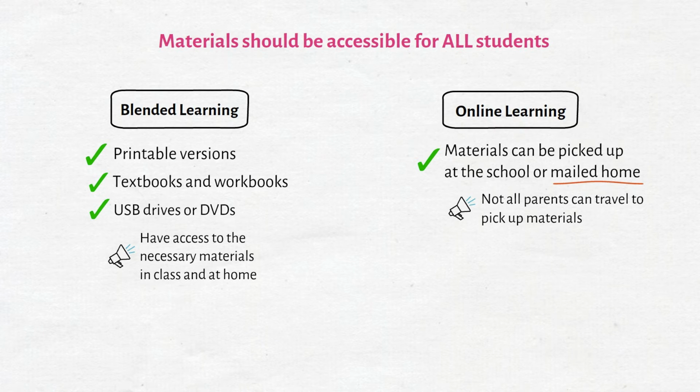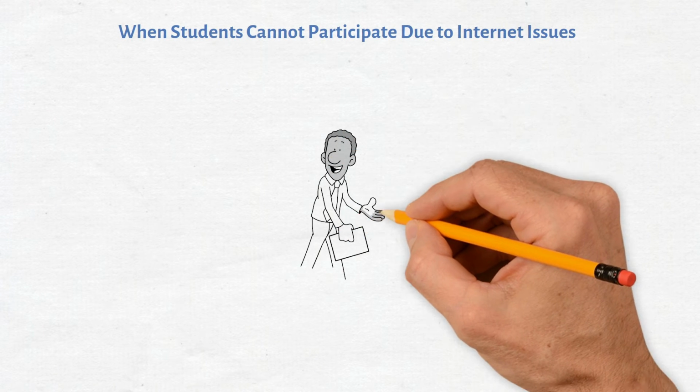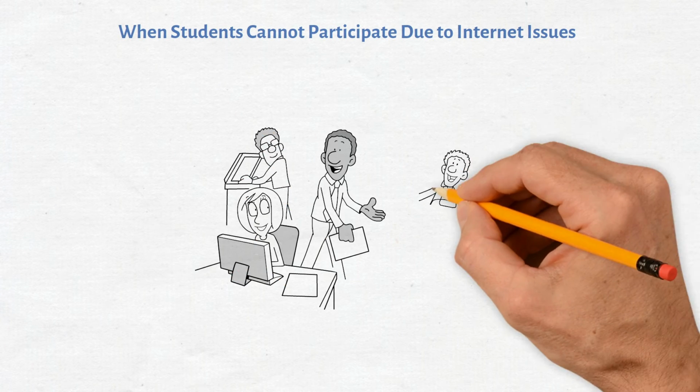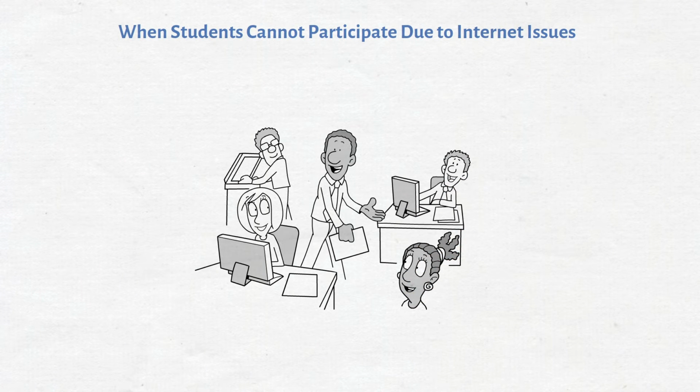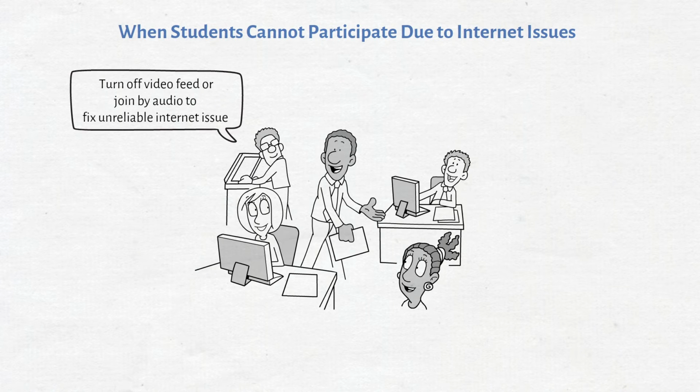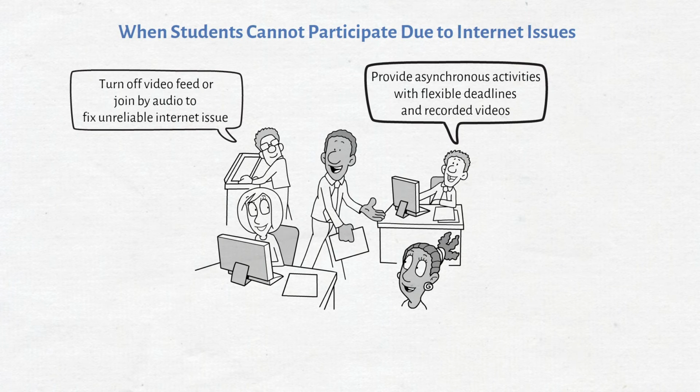up materials. It is important to plan strategies to make up for student absences during synchronous sessions when they are not able to participate due to internet issues. Unreliable internet during synchronous calls is often the culprit, and turning off the video feed or joining the session through audio calls might help the live session run more smoothly. Asynchronous activities with flexible deadlines and recorded videos might be the best alternative for students who have difficulty joining synchronous